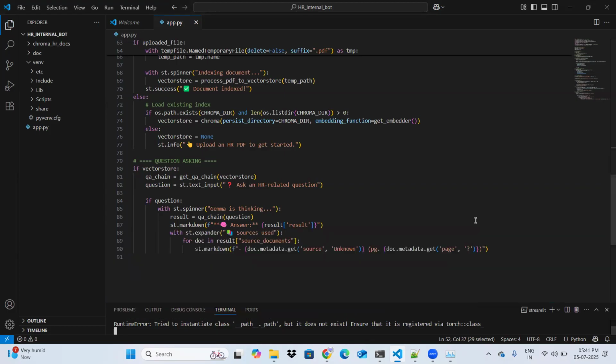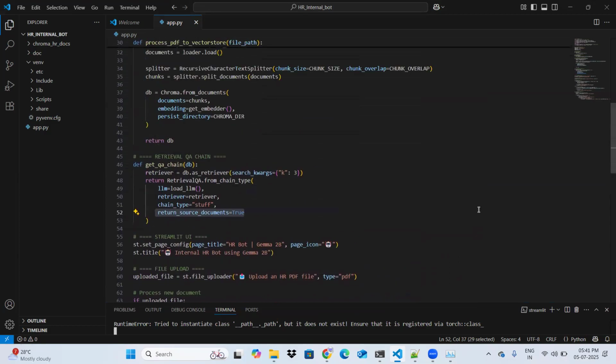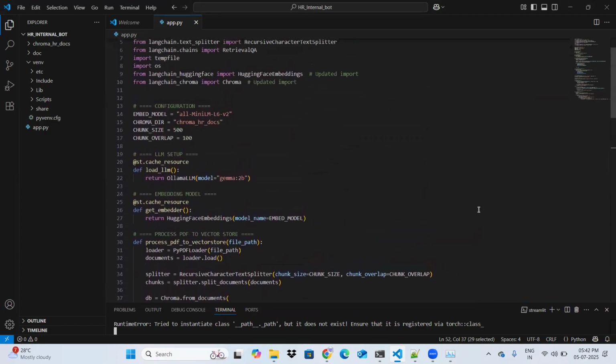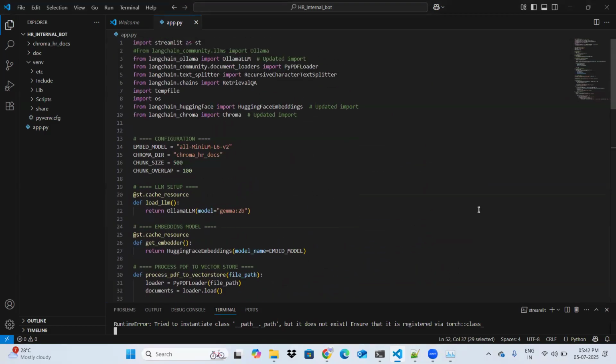I'll share this code with you, and if you have any query, just let me know. I'm eager to hear from you, and your questions will be most appreciated. You can make a comment and